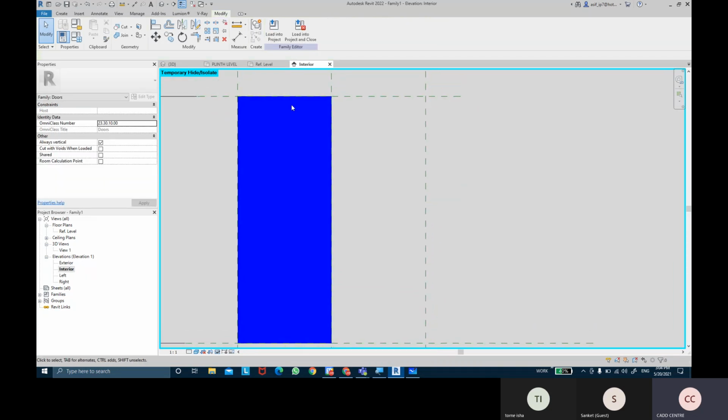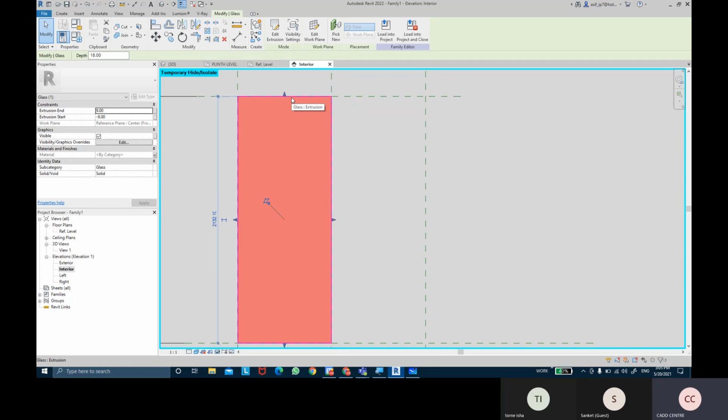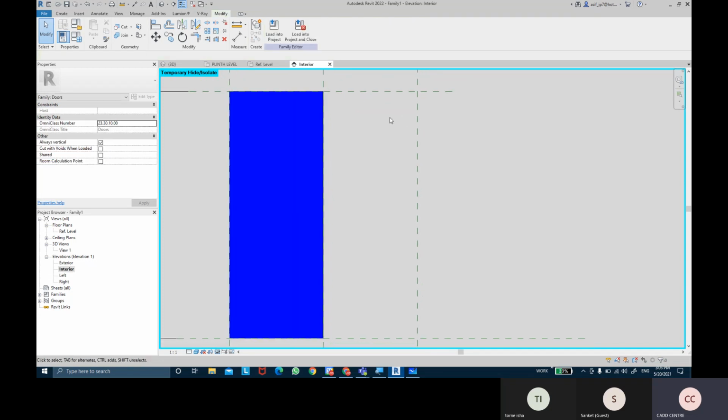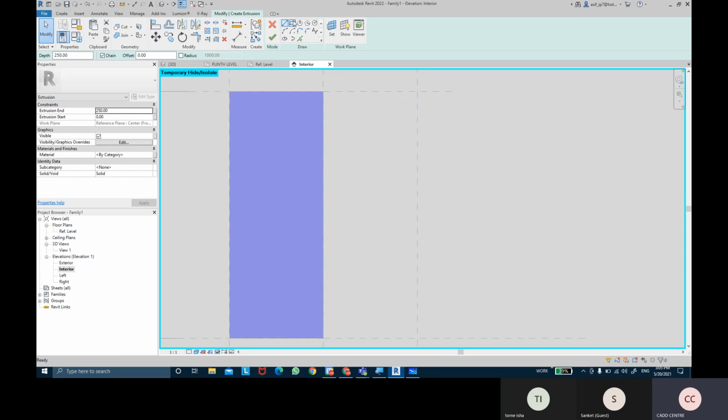And similarly, I'm gonna create another glass. So again, I'm gonna take that extrusion. I'm gonna give that 1.5 mm shim spacing.